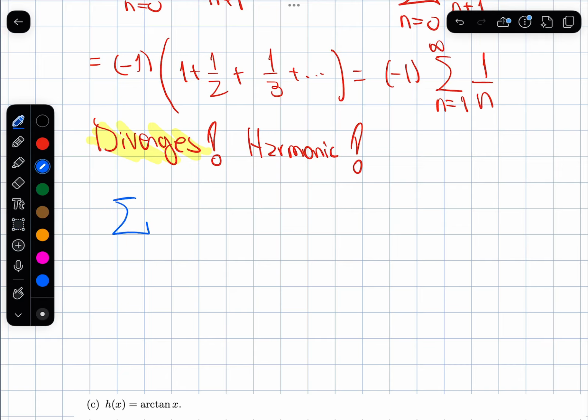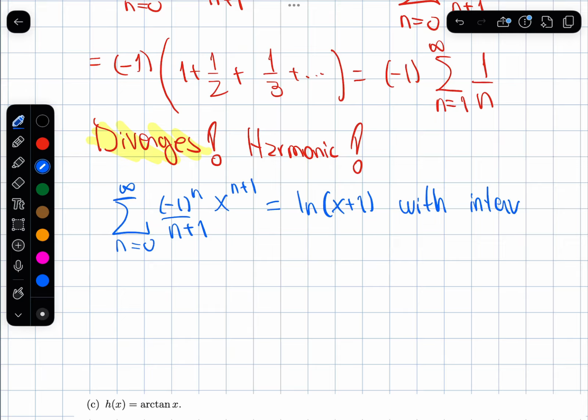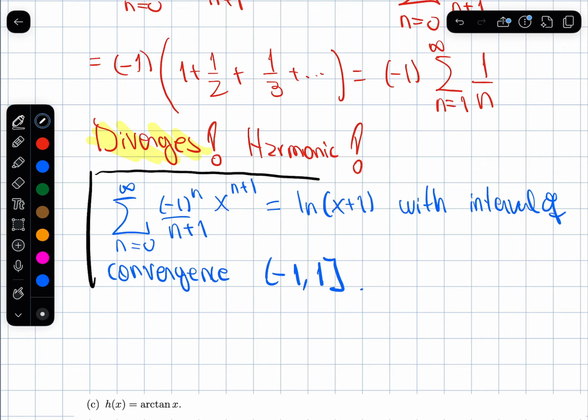So that means we have this series, the sum from n equals 0 to infinity of (-1)^n x^(n+1) over n+1, equals the natural log of x plus 1, with interval of convergence [-1, 1] closed. And so this is the end of this problem. But I want to tell you one cool application about this, which I think is